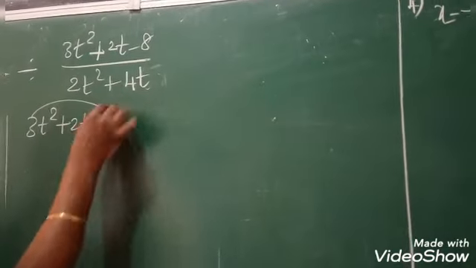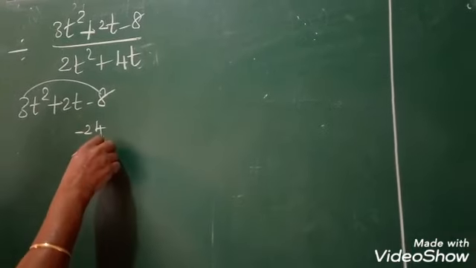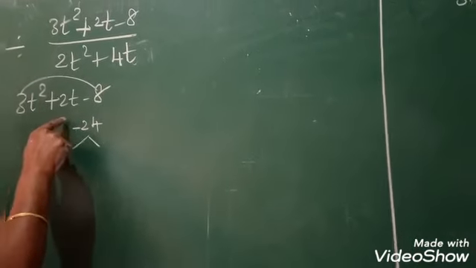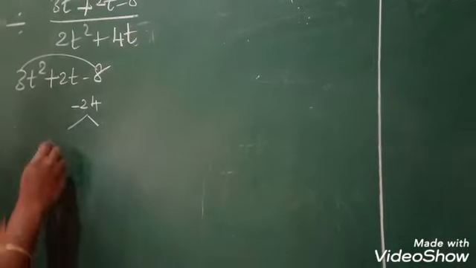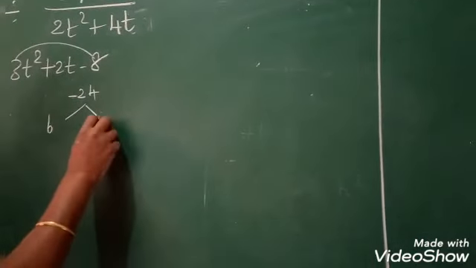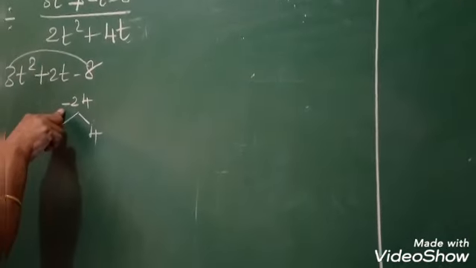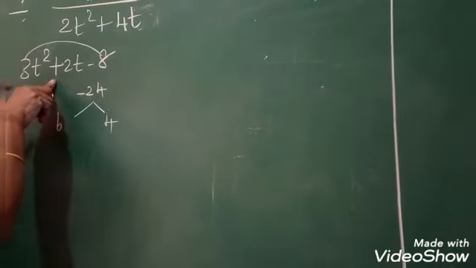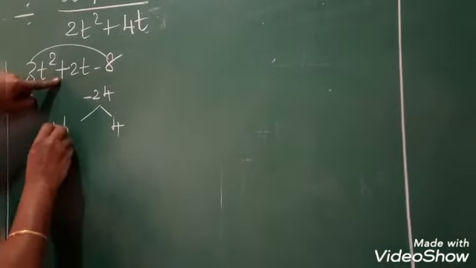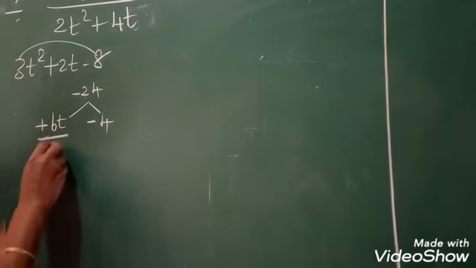Okay, now you should multiply girls. 3 8s are what? Minus 24. Yes. Minus 24. If you multiply to get minus 24, the same numbers if you add should give 2. Okay. What is the factor? Yes. 6 4s are 24 girls. But we want minus 1. Where do we put the minus? Yes. See, the biggest number's sign is plus. So the biggest number is plus, the smallest is minus. Put the variable girls.